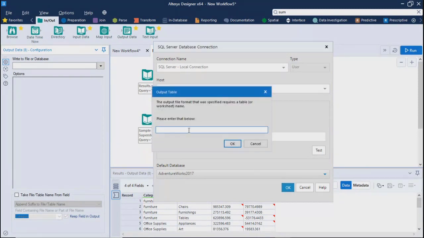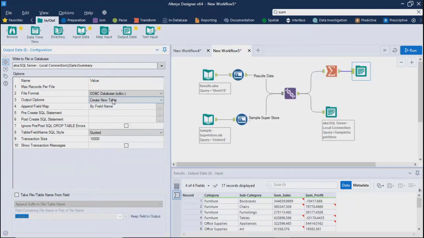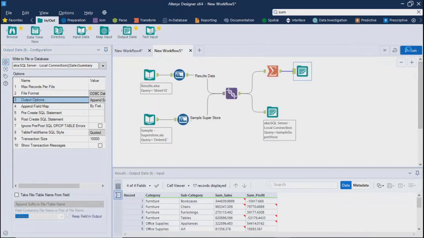For the table name, I can give sales summary. We'll say okay. And this time also I can directly select the option append existing. And we'll say run.